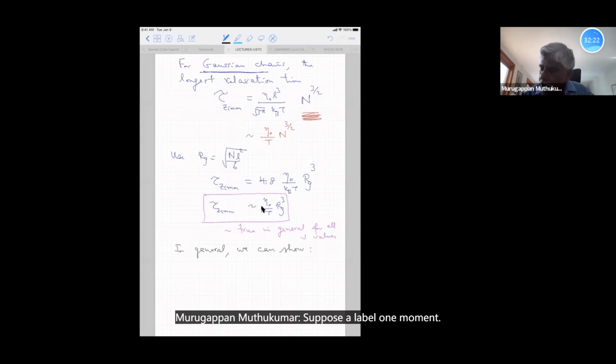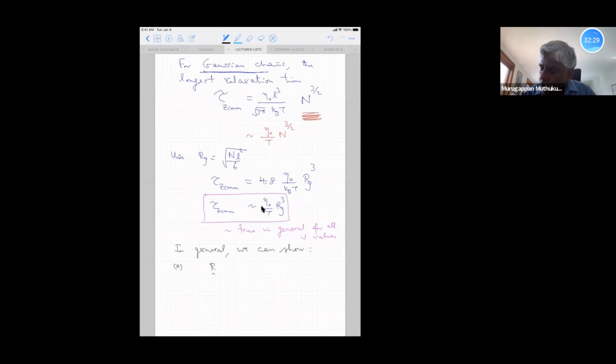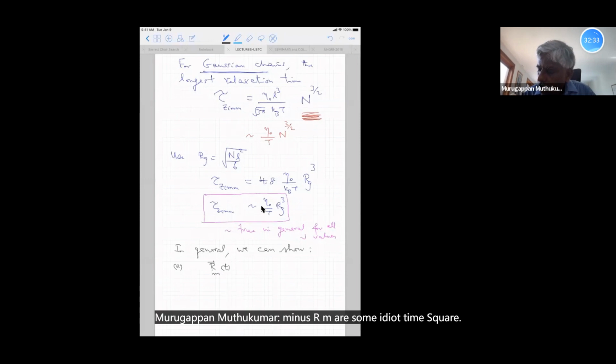Suppose I label one monomer, the mth monomer, Rm at T minus Rm at some earlier time, squared,